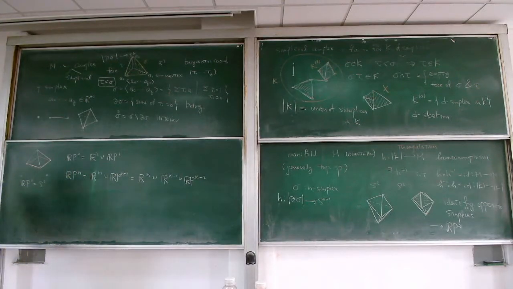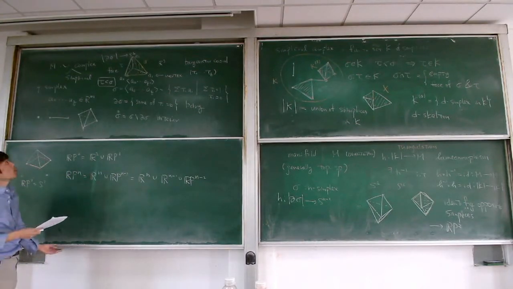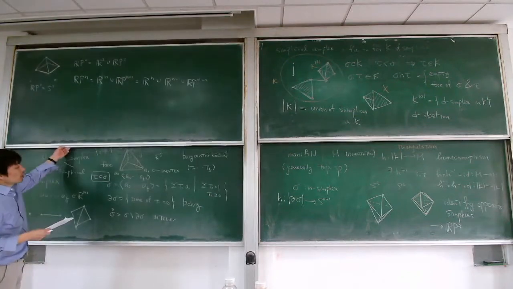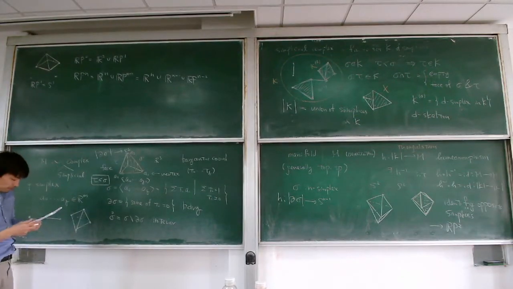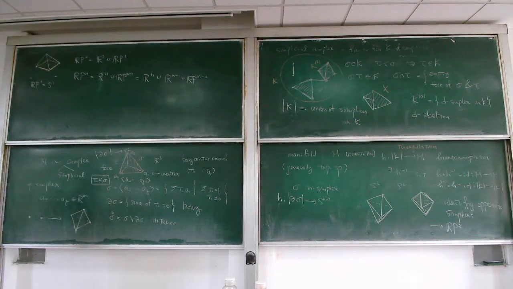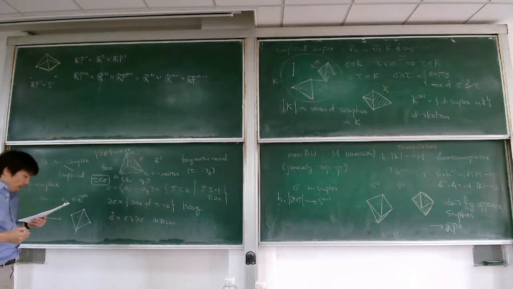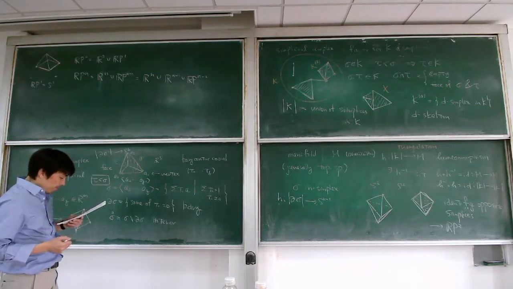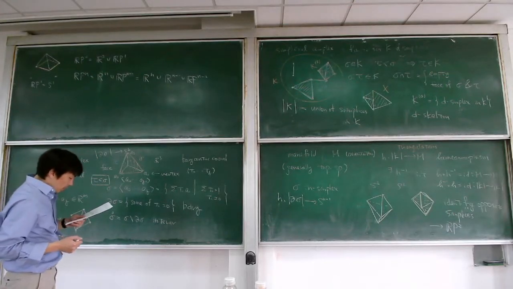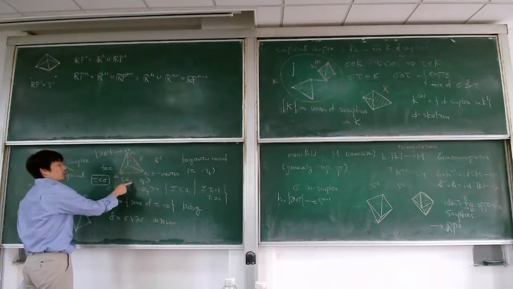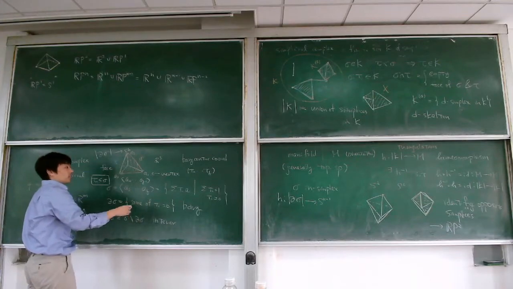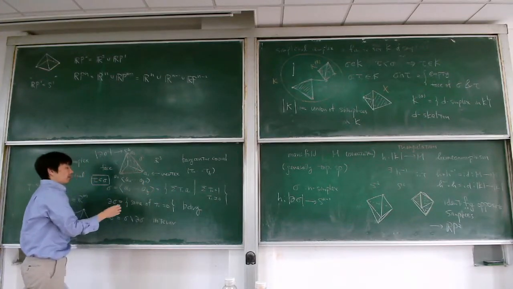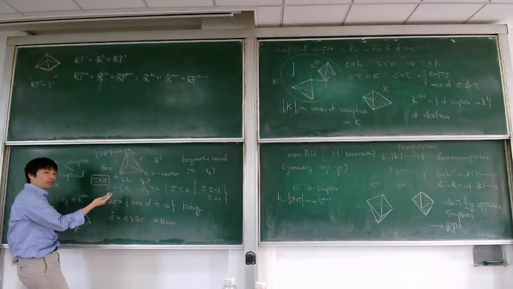For instance, in this example, one can put an orientation on this simplex so that if you permute the